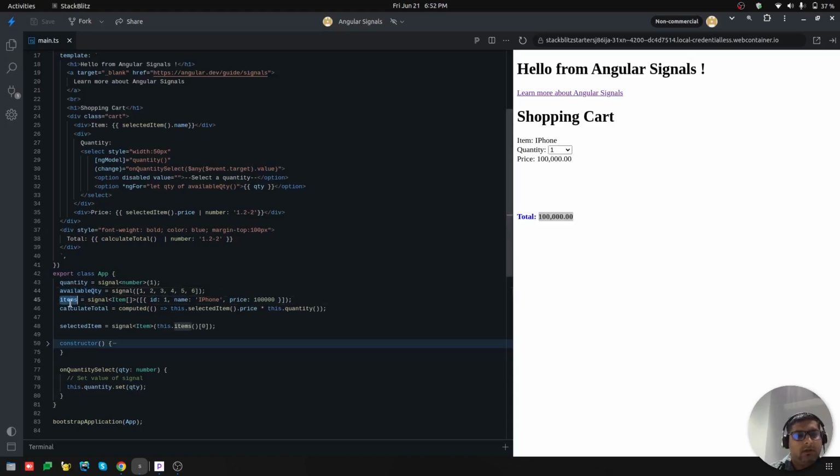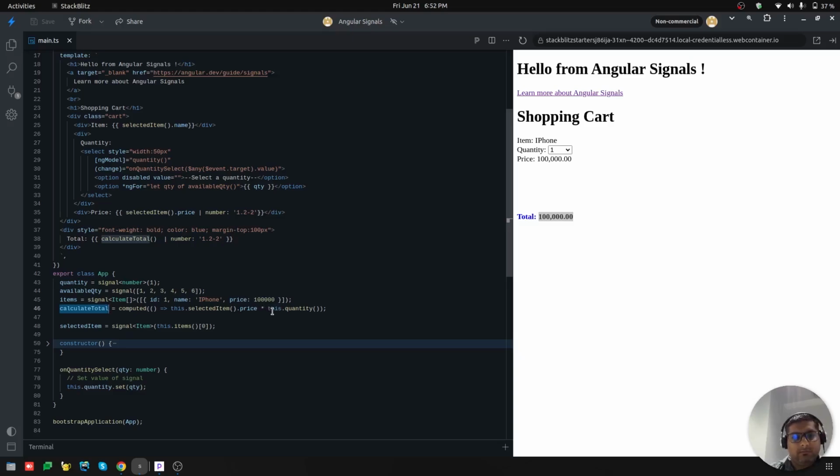And here is an item, which is also a signal that holds all the cart information of the items. And here we have a computed signal which will calculate the total price of the cart